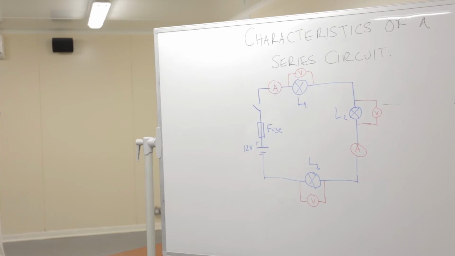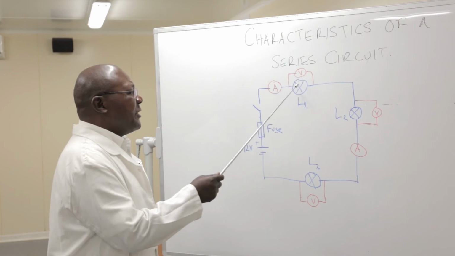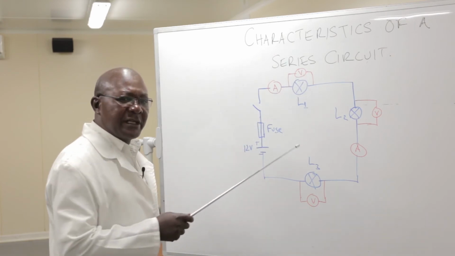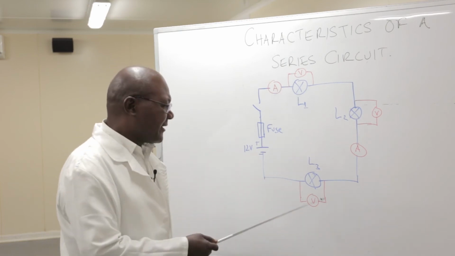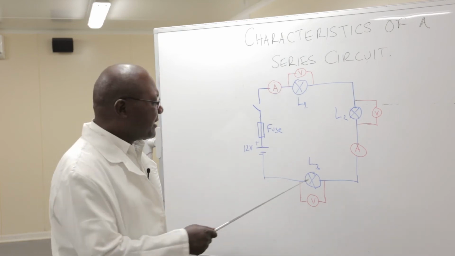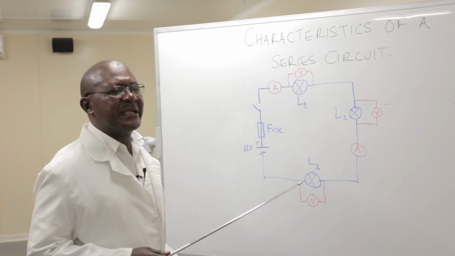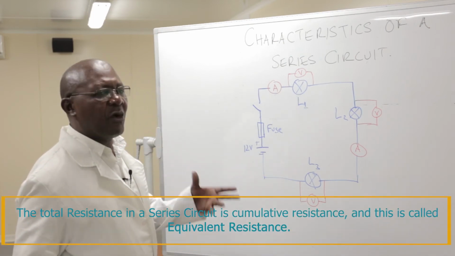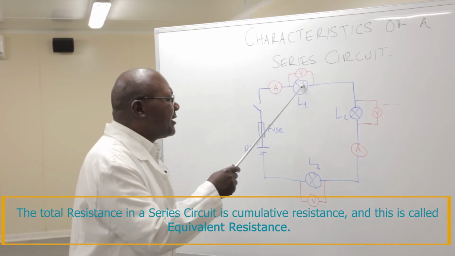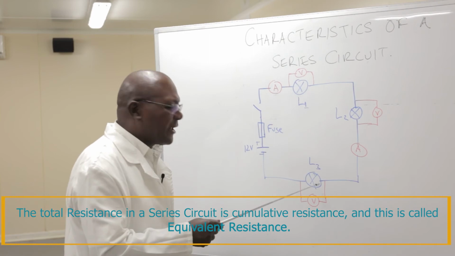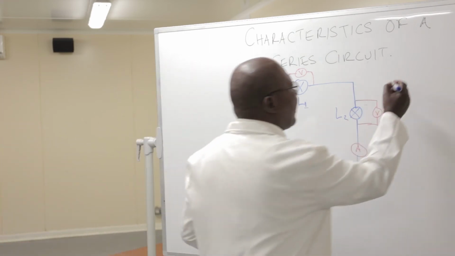Another thing which is prominent about it is the resistances. Because it's a load, it means it will have some resistance. Equally, this will have some resistance and this will have some resistance. So the total resistance in a series circuit is cumulative resistance, which we call equivalent resistance. So we add the resistances, R1, R2, R3, to give us the final resistance. What we are saying is I,